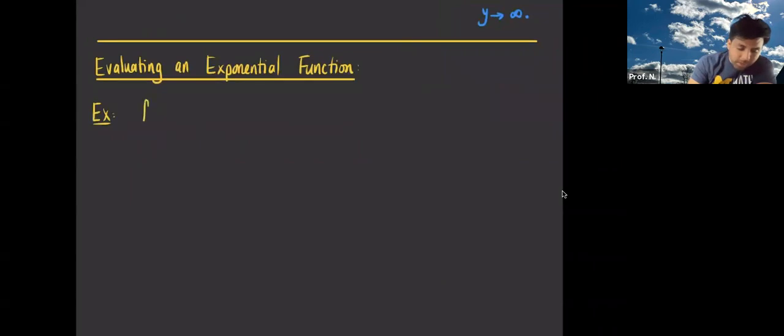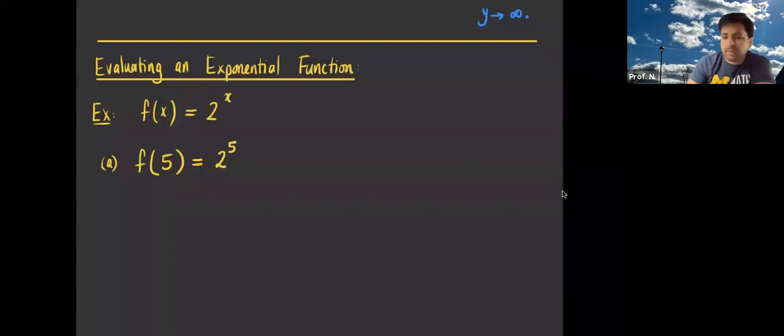So suppose I have the function, let's just start with 2 to the x. And I want to evaluate f of 5. How do I evaluate this function? Well, if my x value is 5, I'm going to plug in 5 wherever I see x. And 2 to the 5th power equals